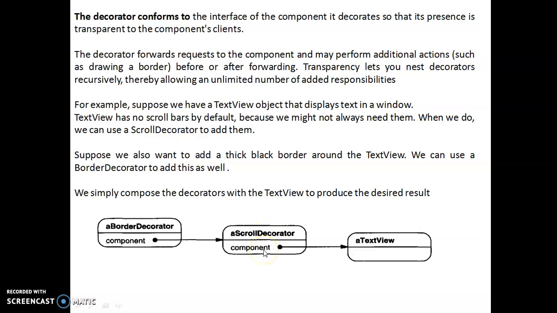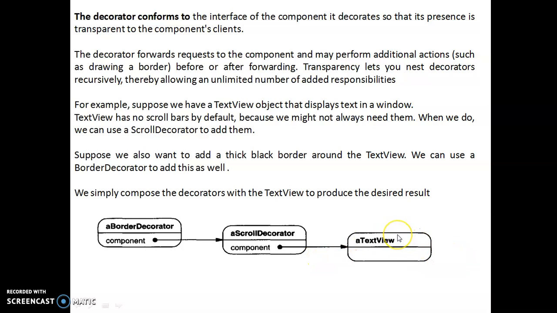One more component is created inside this, and one more class is being created. So one class is extending another class. One component is extending the other class. So it means new features keep getting added in this decorator pattern.